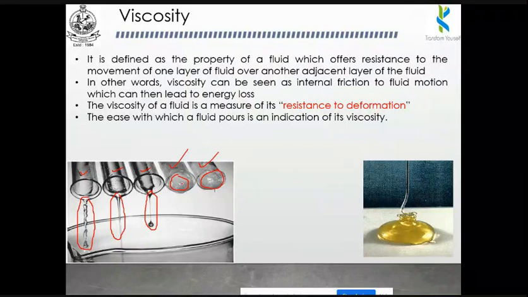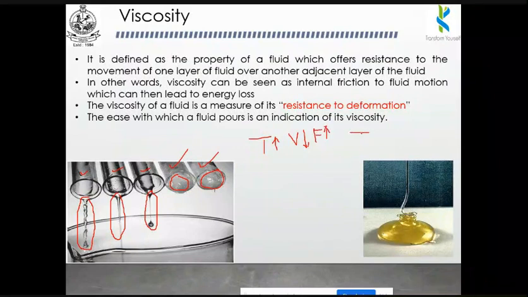Okay, so in winter conditions, you can't create a flow in palm oil, because it will be in a semi-solid form. So if the temperature increases, the flow increases. That means if you are increasing the temperature, then your viscosity will decrease. So if the temperature increases, viscosity will decrease and the flow will increase.